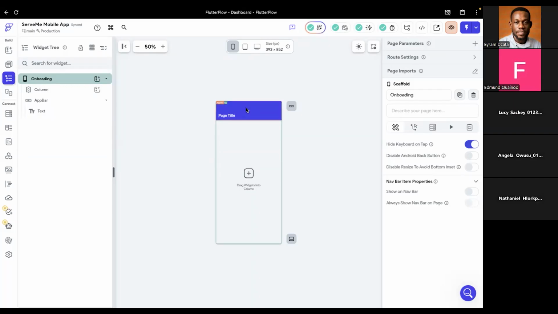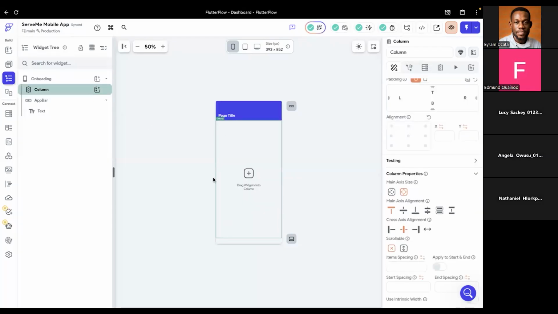But then if you also want to use row to start, it means that all the things you have to place inside will be in a row form like this. Okay, but since you want to build a page that contains things in a column and then row, the best widget you have to start with is a column. Okay, all right. So by default, we have the column here,